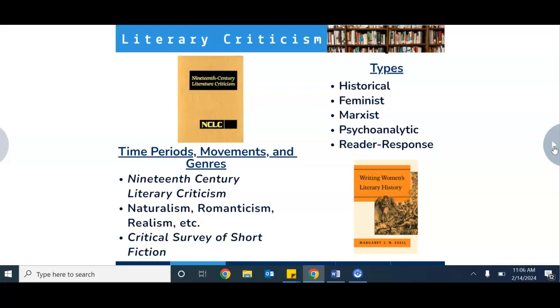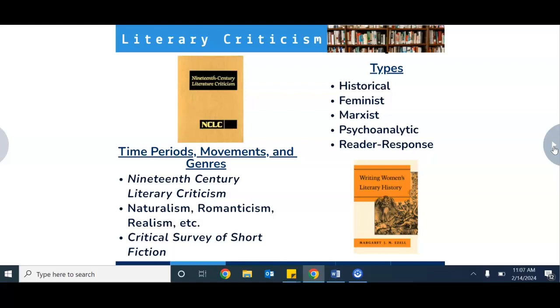Historically viewing how that time period might have impacted the writing and what's going on in that poem or poetry or short stories. A feminist approach. So just thinking about that type as a term, of course, you could add to your searches.